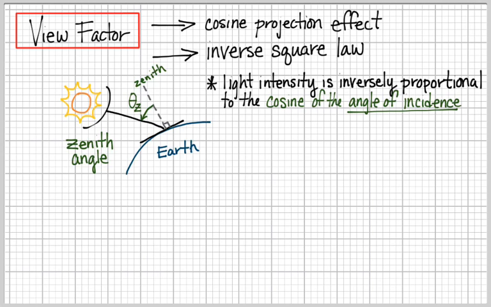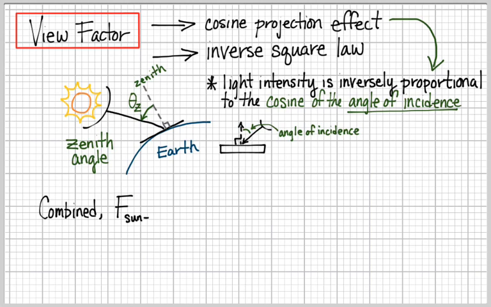So the cosine of the angle of incidence, well, the first question we ask is, what is the angle of incidence? And the zenith angle is a version of the angle of incidence. If I have a flat surface and I have a normal, a vector pointing normal to that surface, the angle between that vertical normal, as I've drawn it right now, and the beam coming in, incident, is going to be called the angle of incidence, and the cosine of that is going to be a value from 0 to 1,